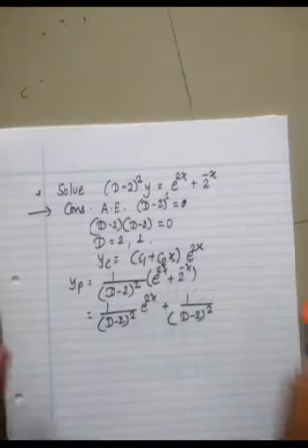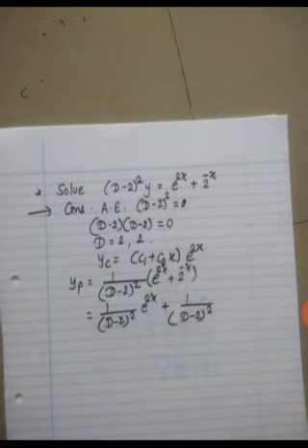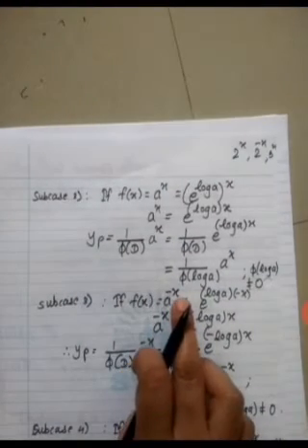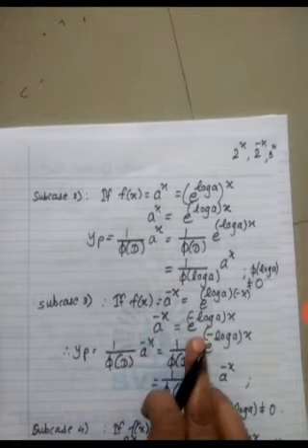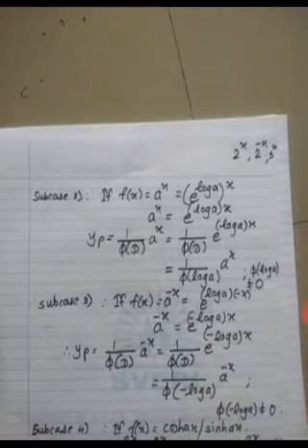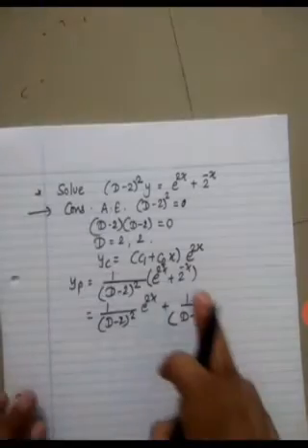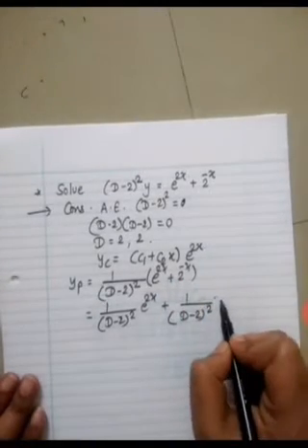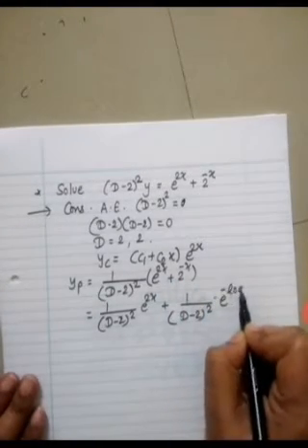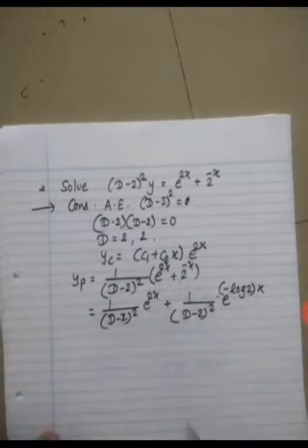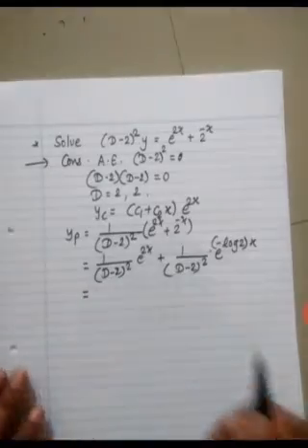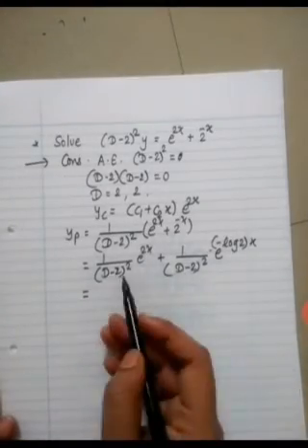Come on, tell me how to write 2 raised to minus x. This is like a raised to minus x. Here a is 2, so a raised to minus x is e raised to minus log a x. So 2 raised to minus x can be written as e raised to minus log 2 x. Okay, so now the e case. Everything is converted into e.